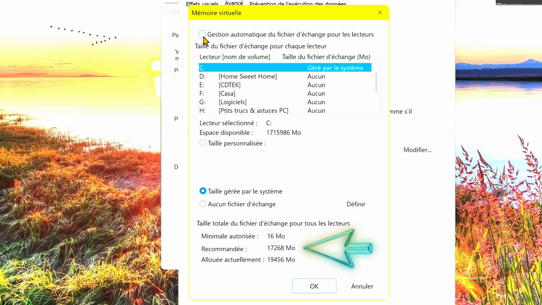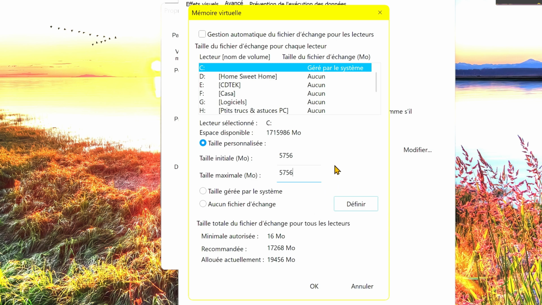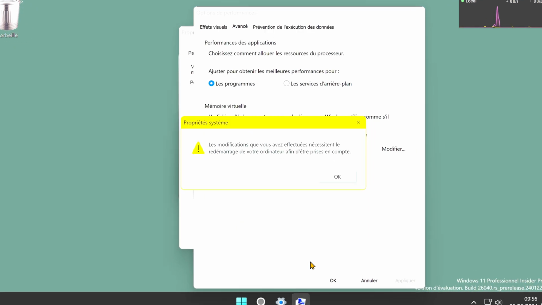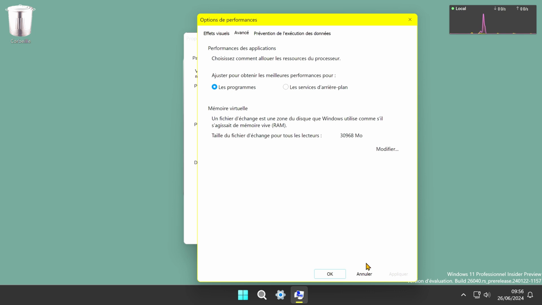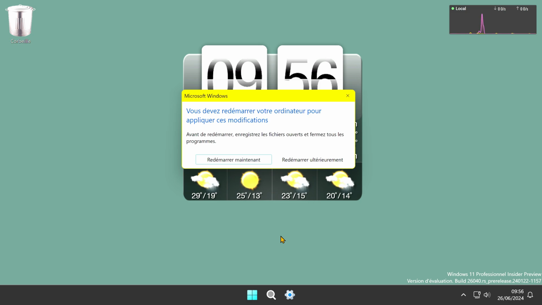You have a reference value. Depending on your choice, select the storage medium for the first, second, and third paging file. As mentioned previously, prefer an SSD or NVMe SSD. Allocate a fixed value, select custom sizes, divide the recommended value by 2 or 3, depending on your choice of distribution. Indicate the fixed value according to the chosen medium. Indicate the value chosen in these two boxes. Then to finish, click on Define, then click on OK. You can do the same on other media. A message will tell you that you need to restart your PC so that the change you have made